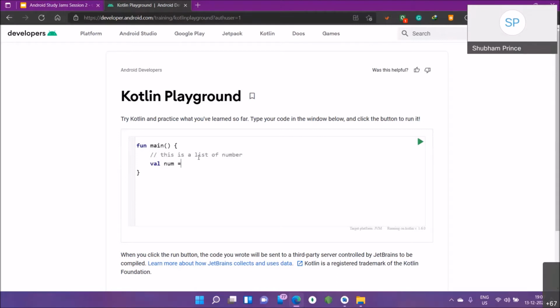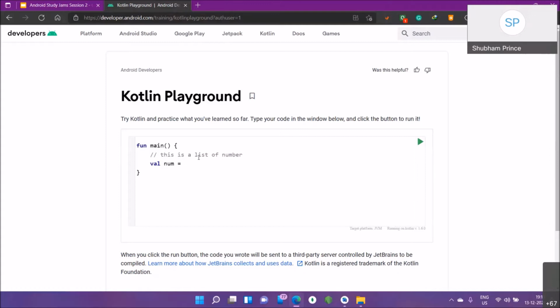Before we go to intents and how to jump from one activity to another, we will focus on how to create a list, because intent is not just moving from one activity to another. We will come across scenarios where we move data from one activity to another as well. So let's first work with this list.